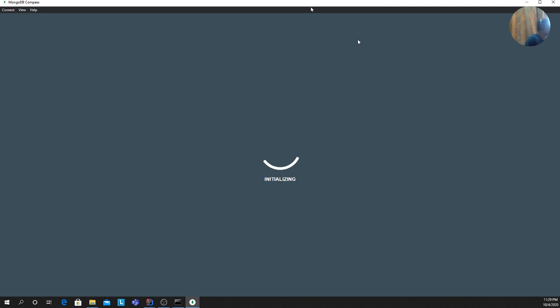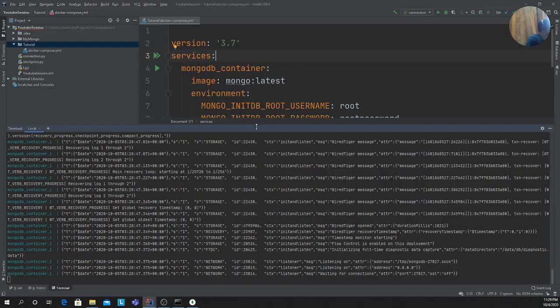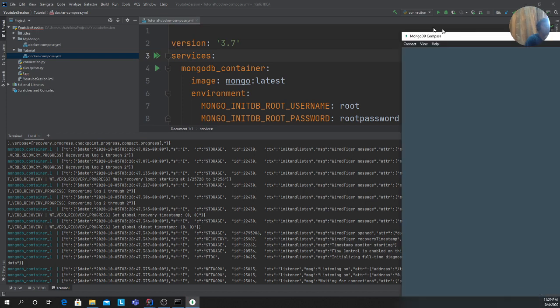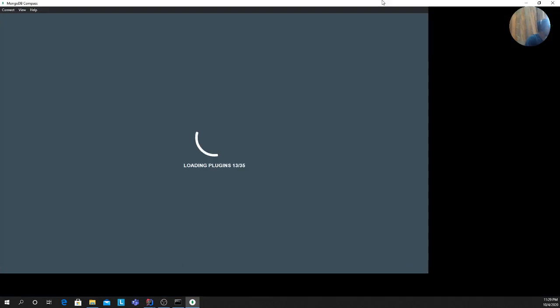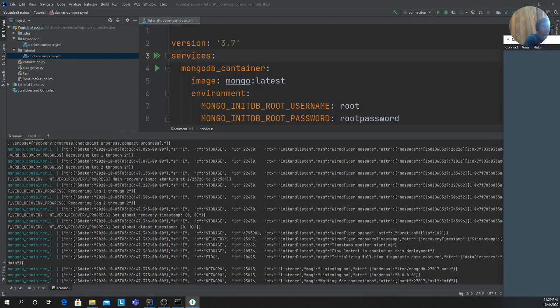So I'm actually starting the MongoDB Compass. Give me one sec, okay? So we have started the Mongo, okay? So the server is running, okay? So now what we want to do, let me actually make sure that it's still opening up. Here you can see it takes a while to open up. So 13 of 35. Let's wait for a few more minutes. Hopefully it should be done. Let's wait.